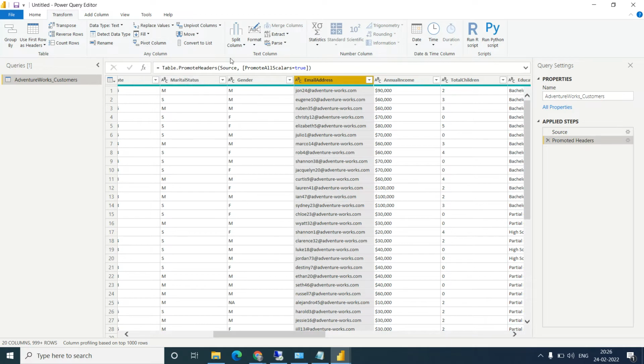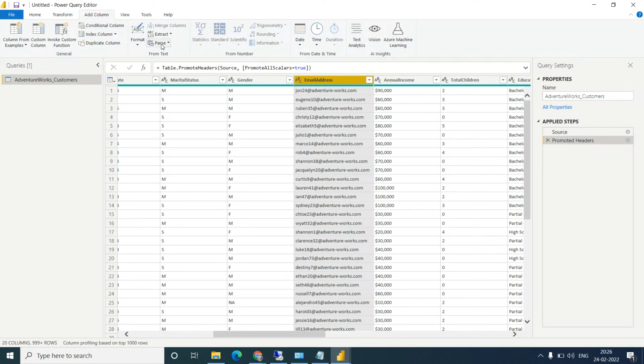You can see in the format, there is uppercase available. We are in the transform tab, and in the transform tab we went to format. Okay, there is uppercase available. The same thing is also available in add column. Go to add column, then format and uppercase. Both are available in both places.